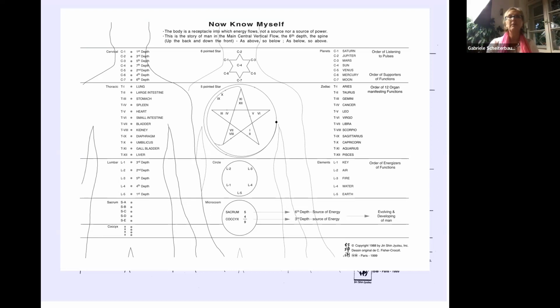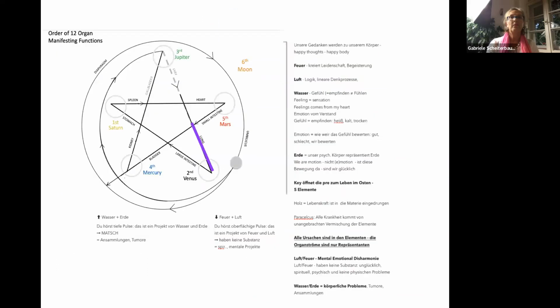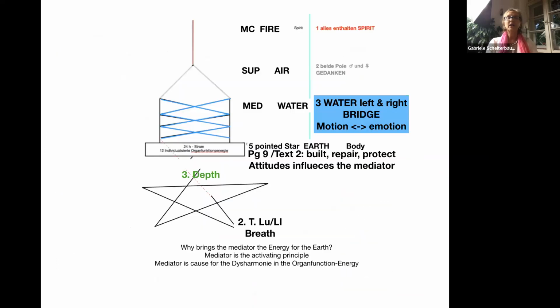Can you imagine what I mean? And so I wrote here down that you can see the main central energy and main central flow is spirit, is fire element. The supervisor belongs to the air element, what are our thoughts, and the water element is the mediator flow. And then he gives to the earth,